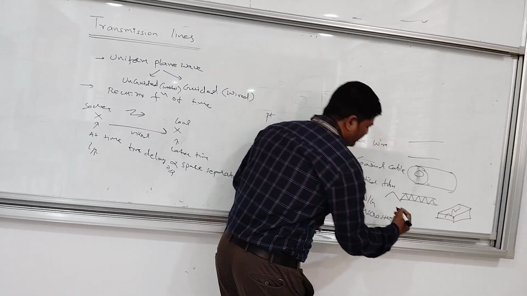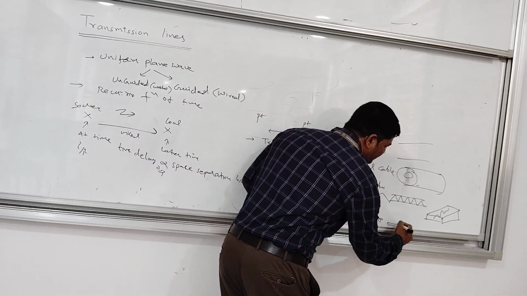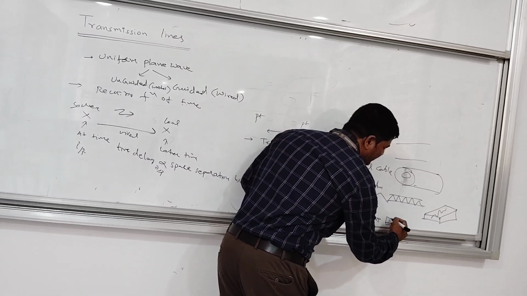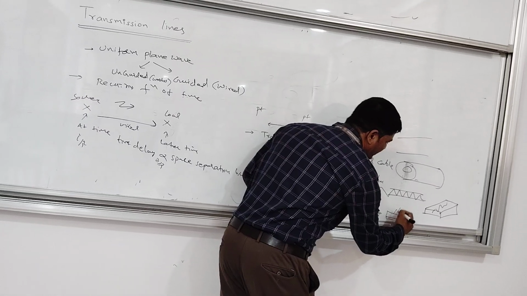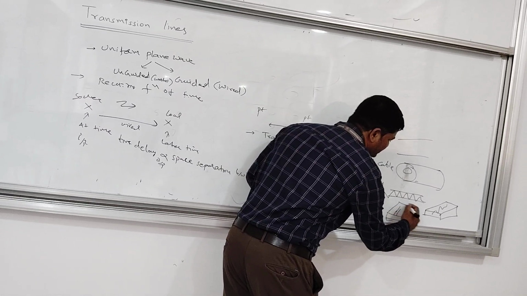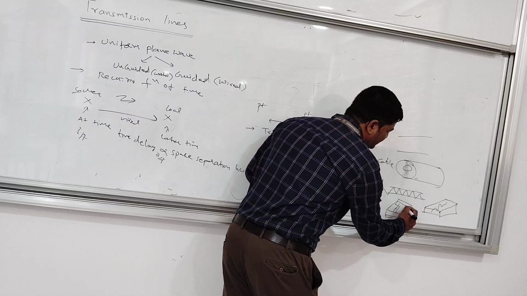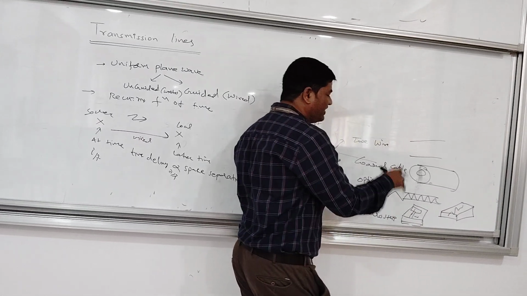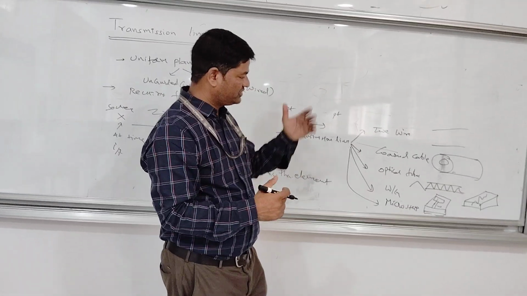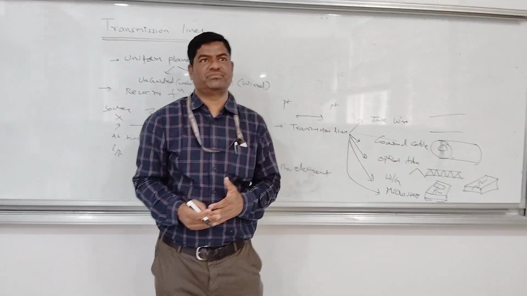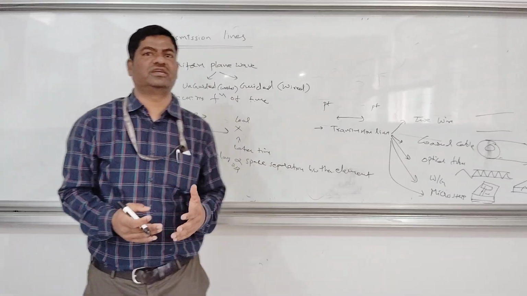Finally, the microstrip antenna. It has the ground plane, and in between there is a dielectric. Again, we place one strip here, so the signal goes from one place to another place. If it is an antenna, this is a transmission line. To give the feed from the source to the antenna, we will use microstrip lines. These are the transmission lines we will literally use.